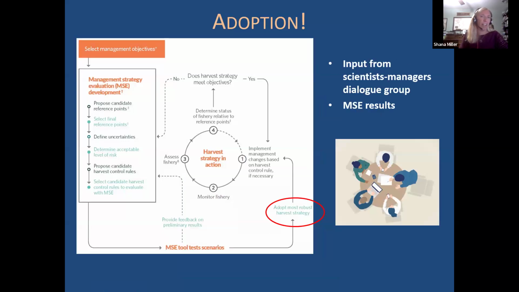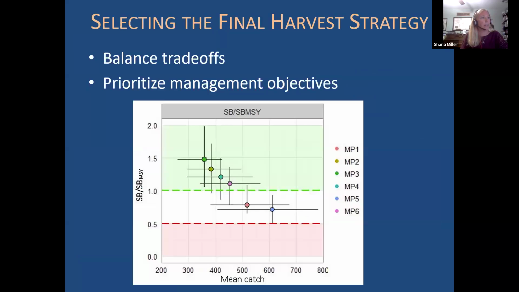So the final step is, of course, adoption of the harvest strategy. That will be based on your MSE results and your input from your scientists and managers, input that is often accepted and solicited in international forums through a dialogue group, a formal working group to develop management harvest strategies. So in this case,